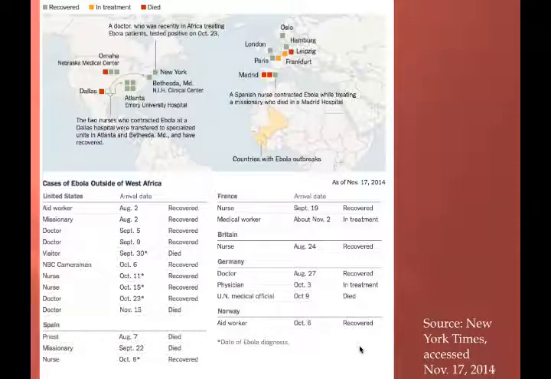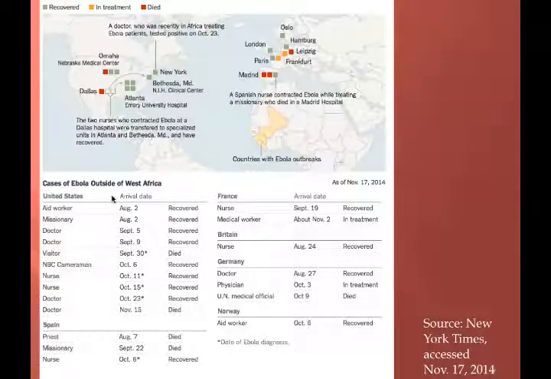So this is data on the people who have been treated for Ebola outside of West Africa. So keep in mind that this is a devastating outbreak and an enormous human tragedy. What we are tasked with responding to here is the outer ring, the people in general who responded to this outbreak and now are returning to their countries of origin. So